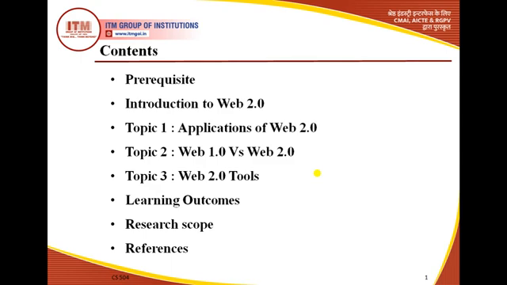Topic number 2 corresponds to the comparison between the previous version, that is Web 1.0 technology versus Web 2.0 technology. Next we will proceed towards the third topic, that is Web 2.0 tools. What are the tools which are actually used in Web 2.0 technology. Then we will go for the learning outcomes, and then we'll see research scope and then references.